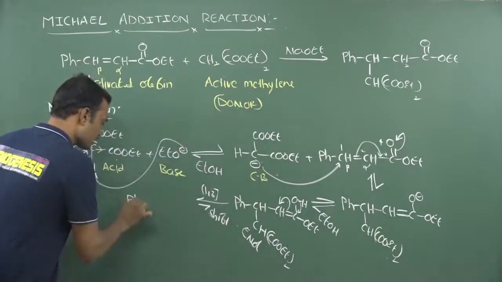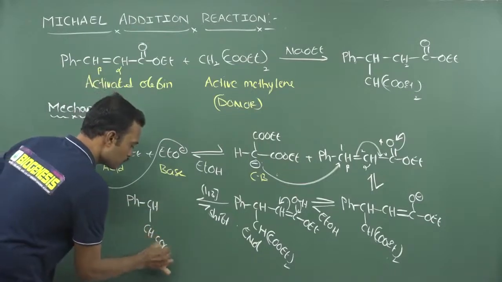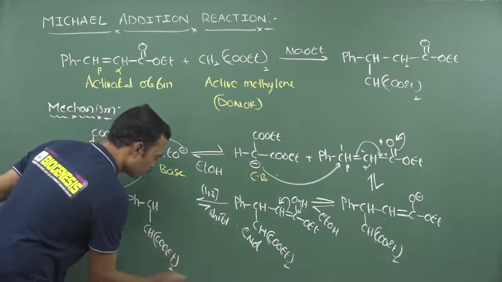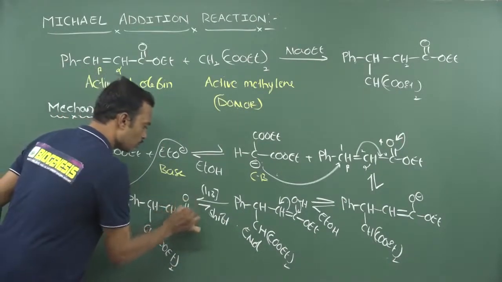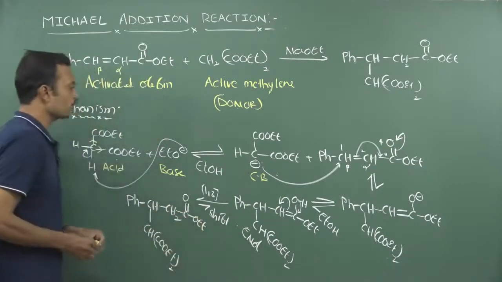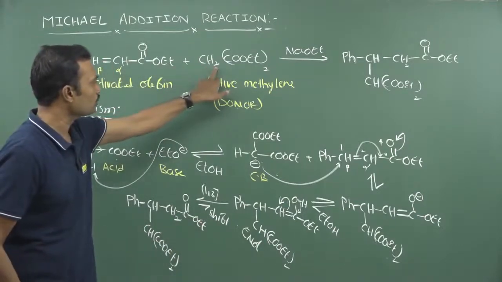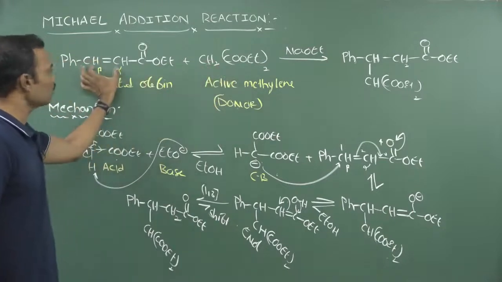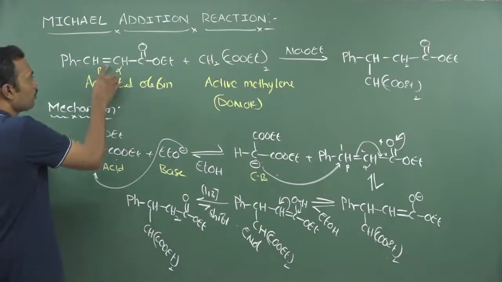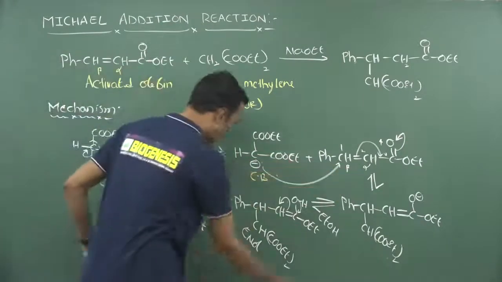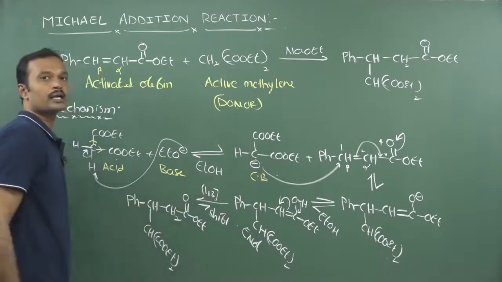Finally, this is CH. This particular carbon carries COOEt taken two times, and here there is a presence of hydrogen. Next, C double bond OEt. Observe carefully, I am removing this double bond at this place by removing one hydrogen and the negative part completely adding on this, which means indirectly I removed the complete double bond. So finally we can say that by removing the double bond we are simply adding these two partners here, CH and here hydrogen. This is called the Michael addition reaction.